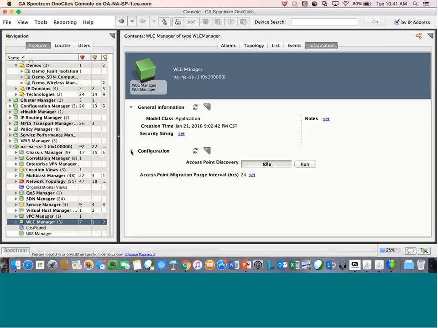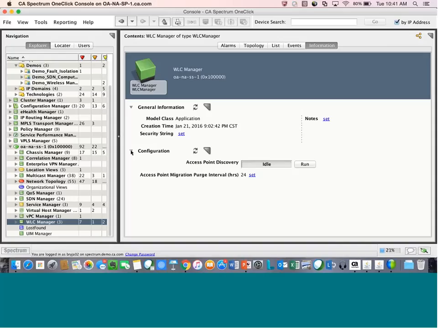This could be done post-discovery of the wireless LAN controllers, or this can be instantiated within your auto-discovery options, or I should say your modeling options, as well. So this way we're continually going out and discovering these.